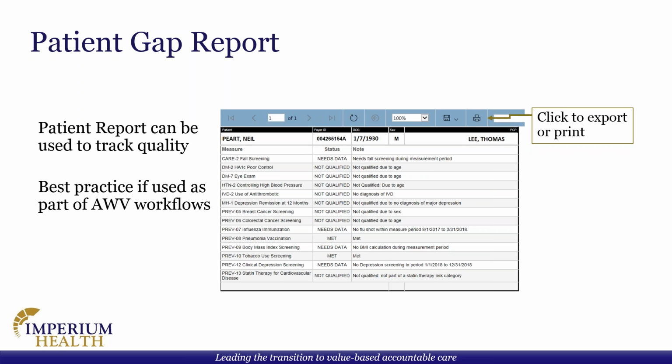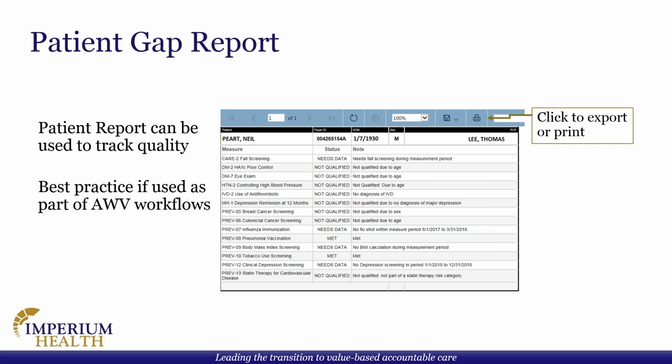Entering information in here can help to track, to close those measures over the course of the year. I would say this is a best practice to do. Entering information in here is not the only way of performing well on your actual G-Pro quality audit, but I would say using this tool is one of the best ways to know that we're going to do well on the quality audit. For instance, if you're tracking some of your information over the course of the year,